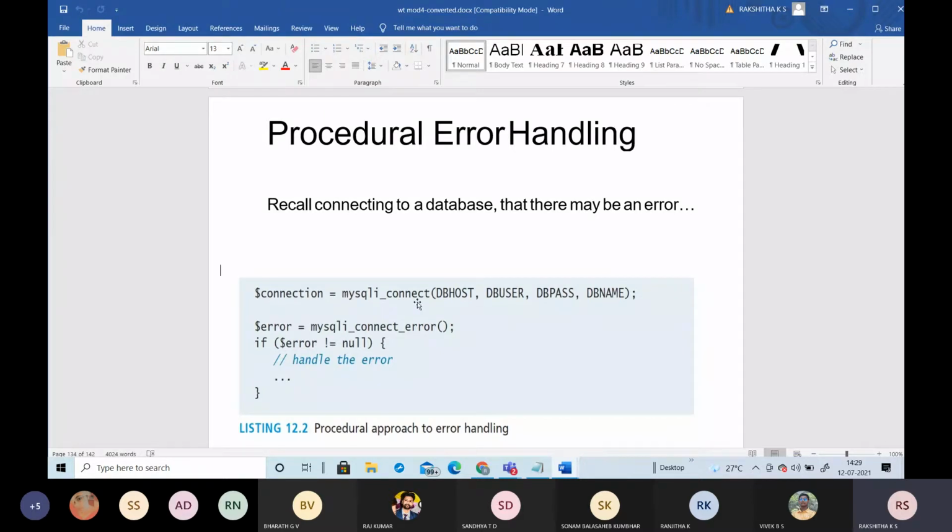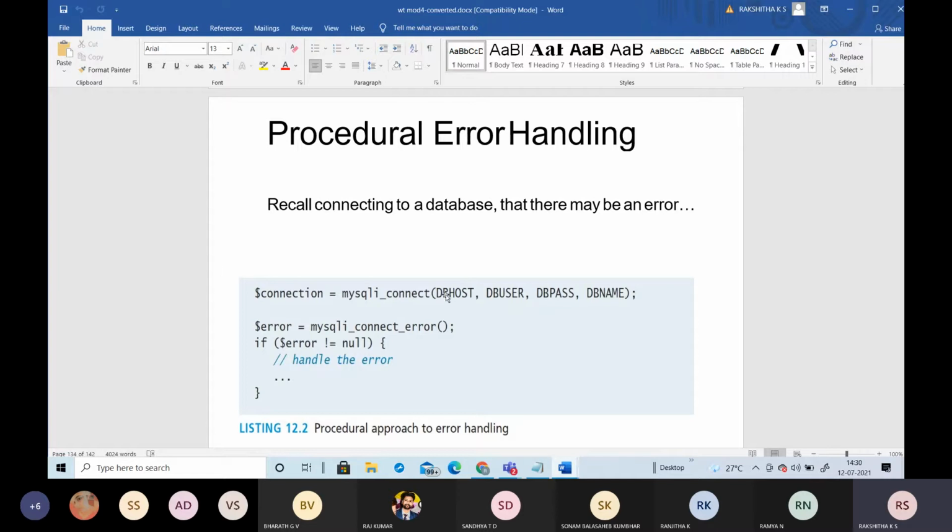The name of the variable we have taken is the MySQL connection. We have to check the database host, the database user, what user is using the database, what value he is passing, and the name of the database. So you have to check all these connection values with respect to MySQL.